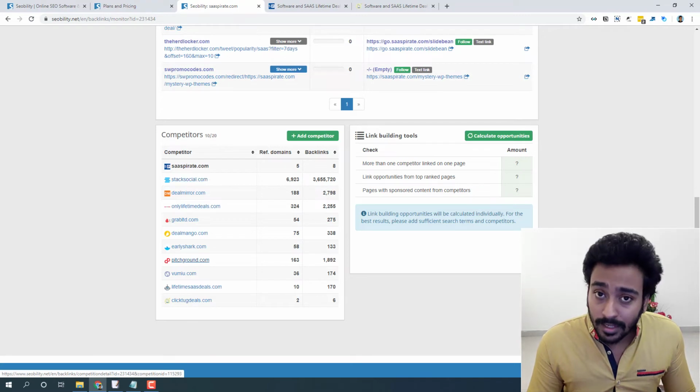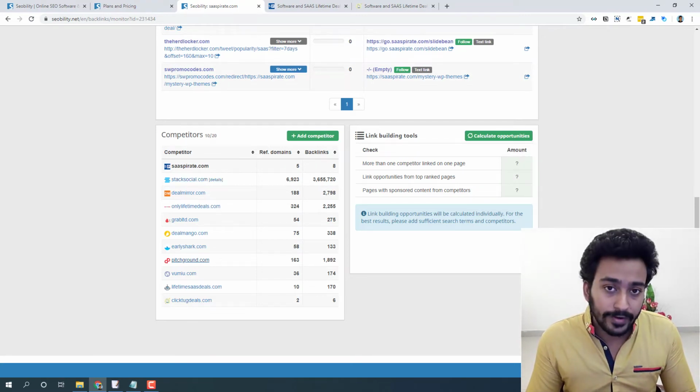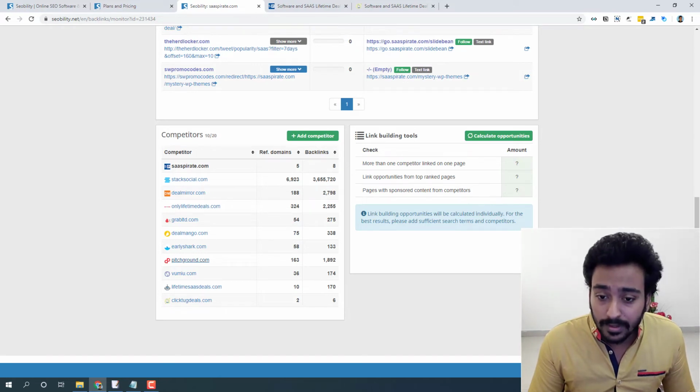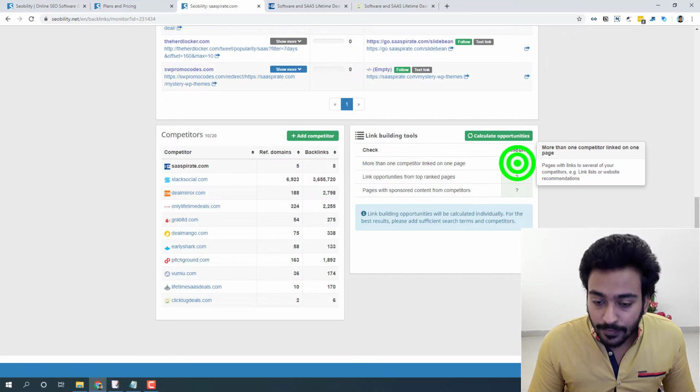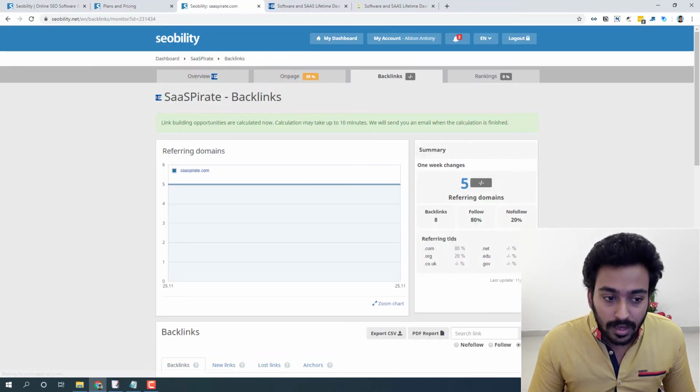And this is another cool function. I told you a manual way to go and find other backlink opportunities and create one. Here they are given an automated option also to identify the best link opportunities. So you can see, if I click here, calculate link building opportunities, it's showing the calculation will take up to